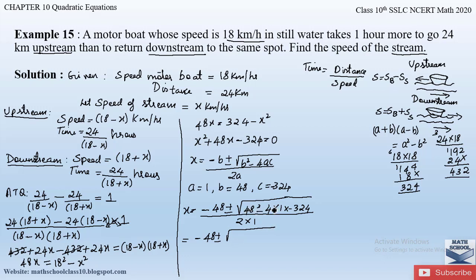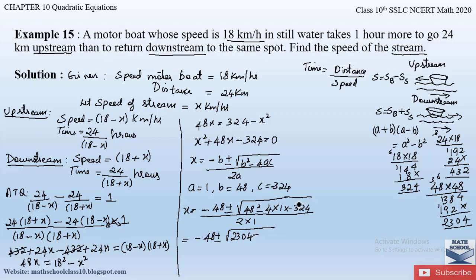What is 48 square? So let us find out what is 48 into 48. So 8 8s are 64, 4 8s are 32, so 32 plus 6 will be 38. So again 4 8s are 32, 4 4s are 16, plus 3 it is 19. So let us add. The 4 comes down here. 8 plus 2 is 10, carry 1. So 9 plus 3 is 12, plus 1 it is 13, carry 1. So 48 square is